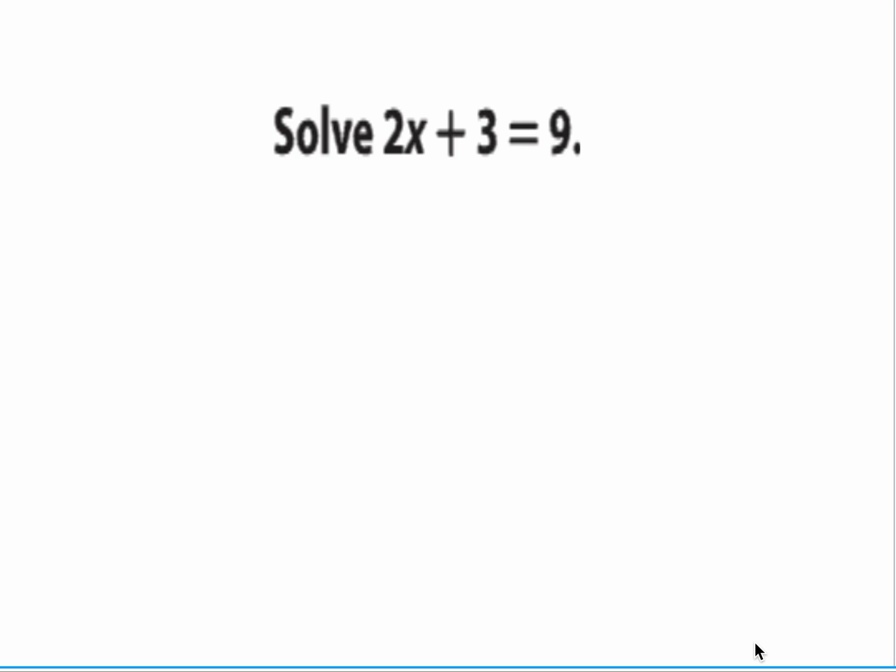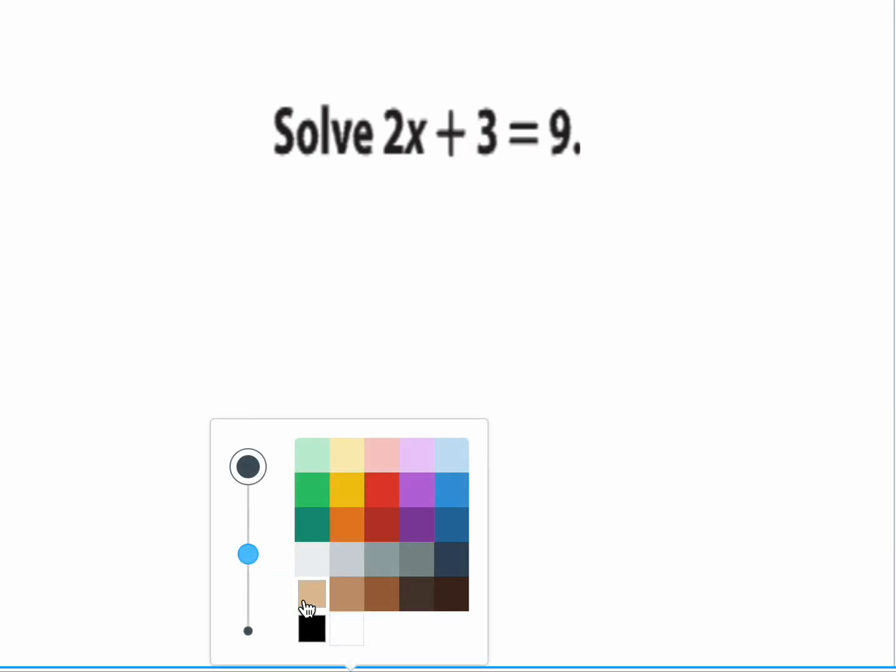We're going to be solving two-step equations, and they're two steps because there are two things to do. Yesterday you only had the number with the variable, the equal sign, and the number. Now you're going to see there's an extra number here. But we're going to go in order, and we're going to do this slowly so you can see